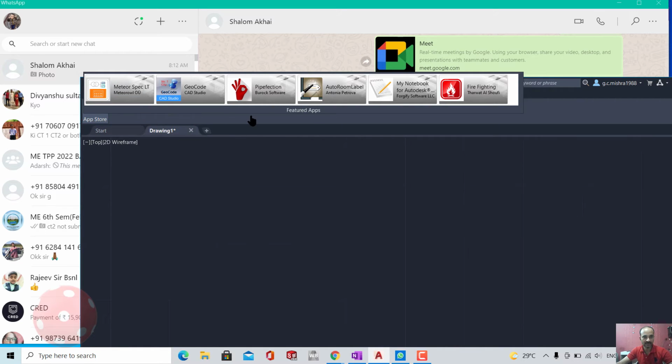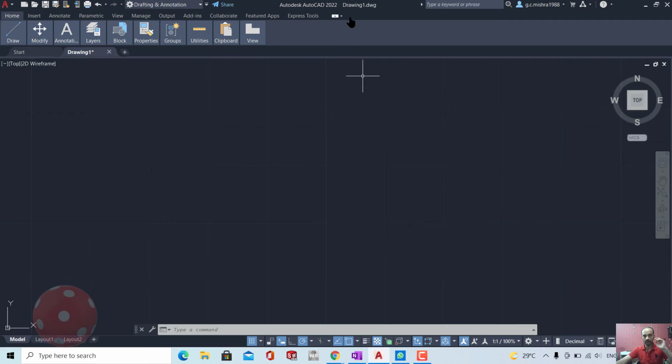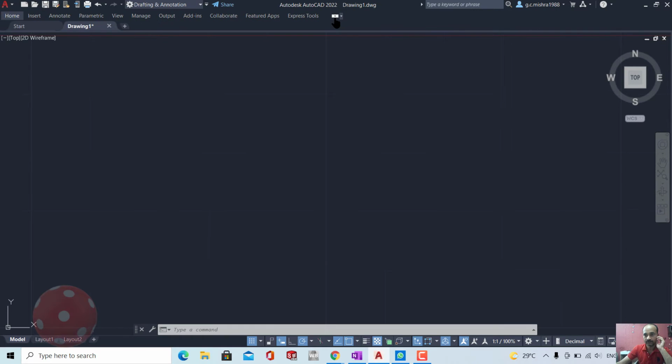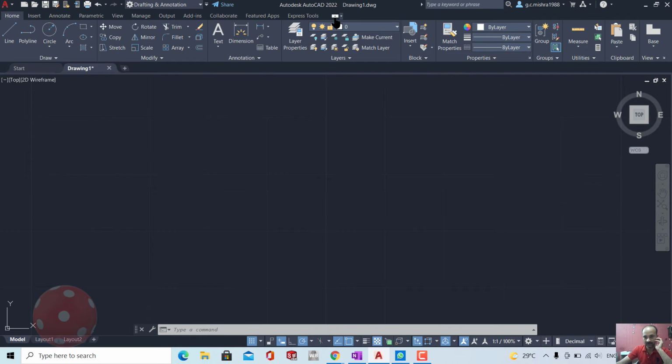You will not be able to recognize that. You can see here everything is hidden and something new is appearing here. So I switch to full screen now, and I will be back to the original view.